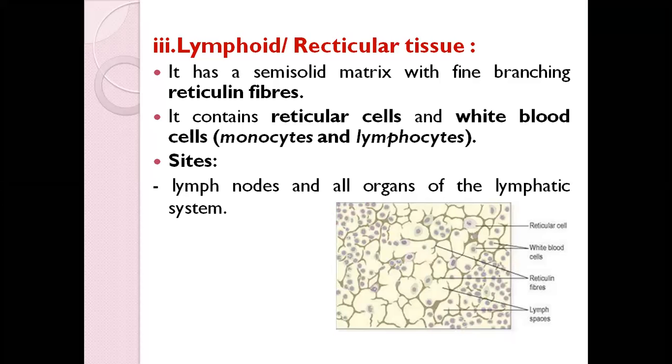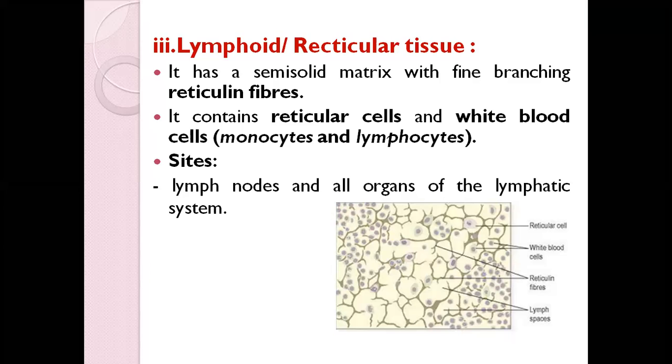White blood cells are those cells which really help in fighting against any forms of infection. And related to all these white blood cells, you'll be learning more in detail when you learn about immunity. And where is this reticular tissue mostly seen? We find it mostly in the lymph